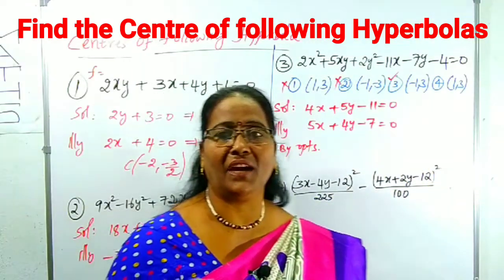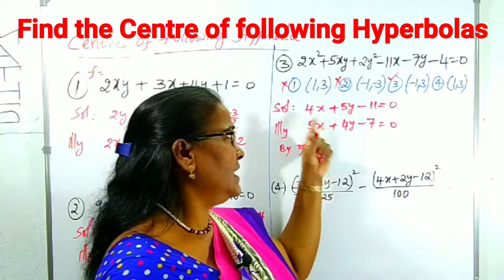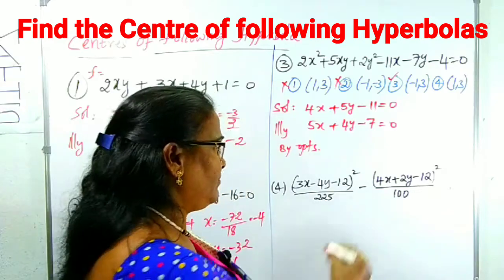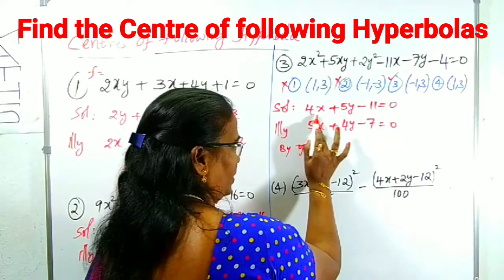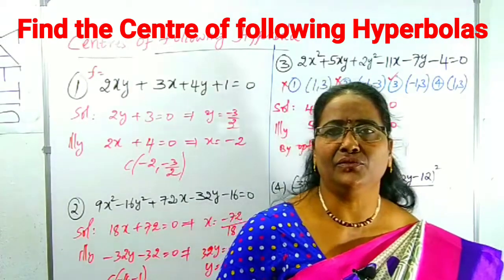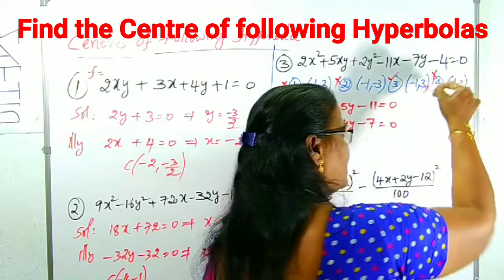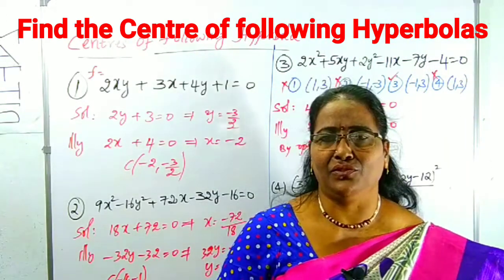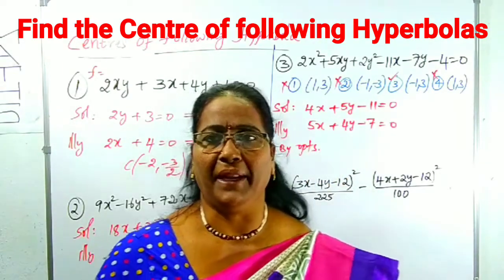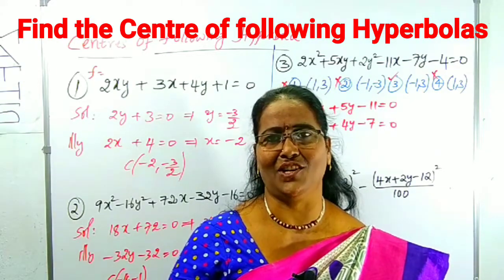Okay, we'll see. Maybe an option will be repeated. In such a case, we can check the other equation also. These two are not correct. We can come to the fourth option. What is our fourth option? 1, 3: 4 into 1, 4, plus 5 into 3, 15. 15 plus 4 is 19, minus 11 is not at all 0. Means there is no question of this also being the correct option. Therefore, actually for this only one equation is enough. If there is repetition, we can solve it. Maybe if there are no options, we can solve it.